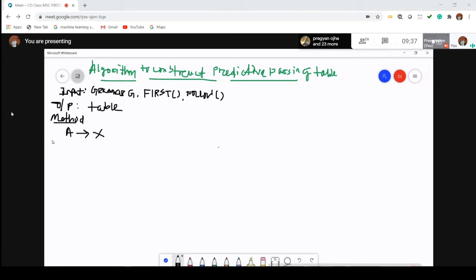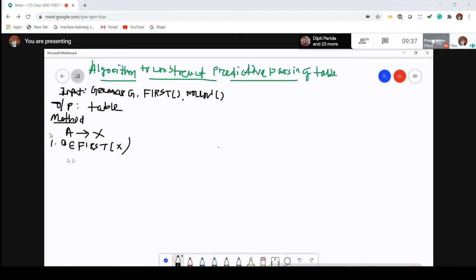So rule number 1, or step number 1, is: for each input symbol, or for each terminal symbol a belonging to first of X,